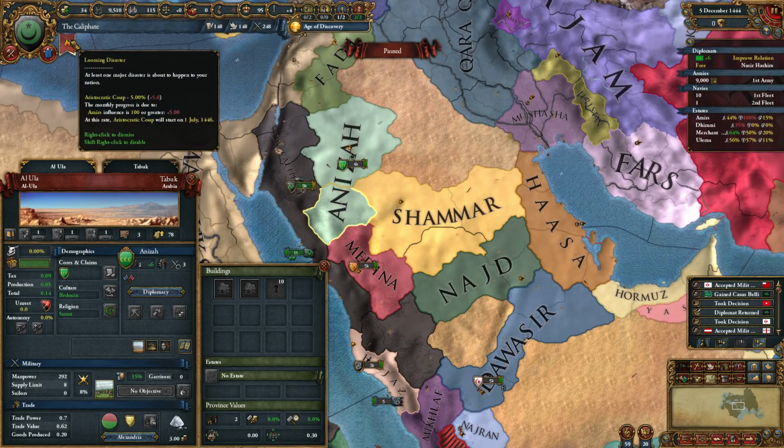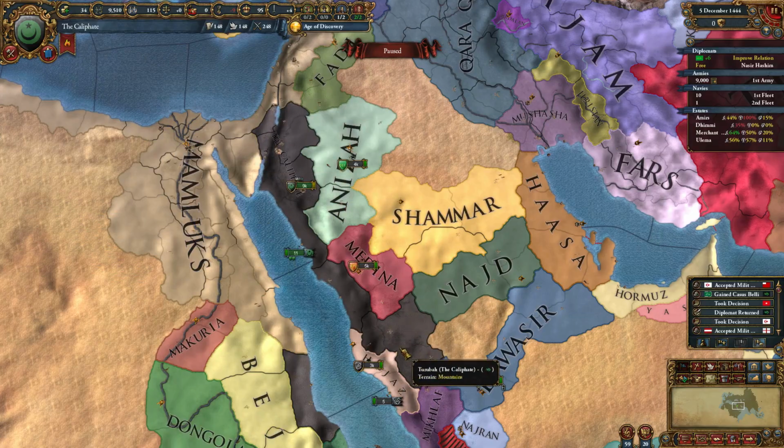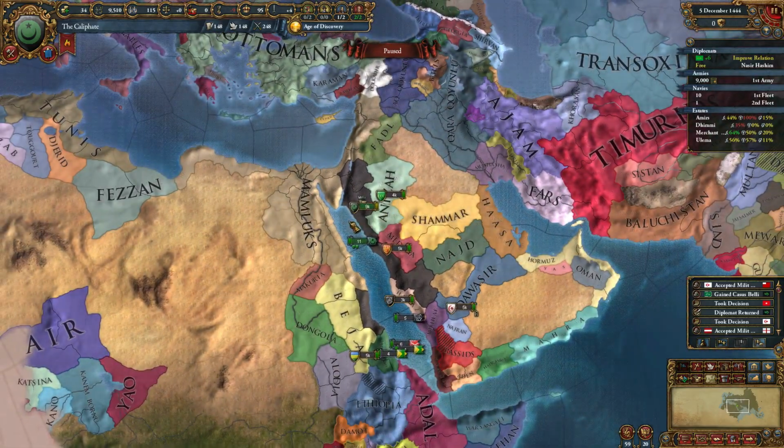Alright, now, our looming disaster. Aristocratic coup goes at +5, so by a year and a half from now, this is going to trigger, and that's not actually a bad thing when you're playing this way for some reason. It's kind of weird. Okay, well, I'm going to take a short break here, because this was just going to show you the setup for this game